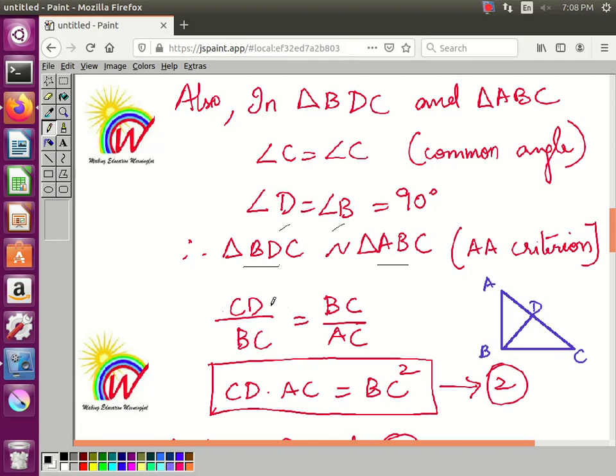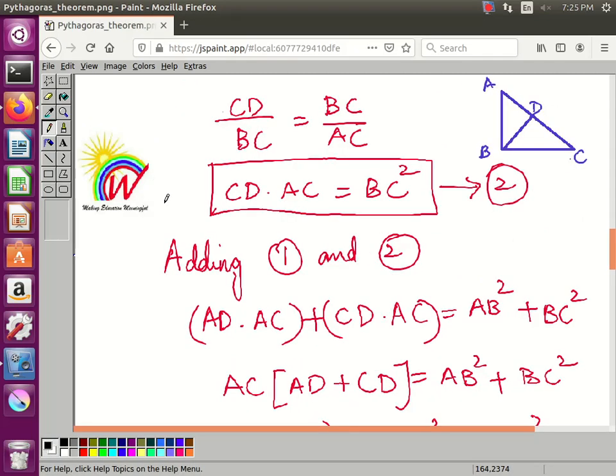So now again we'll write the proportionality. So CD, let me write the second and the third alphabet now. CD or DC, it means the same. So I've written CD by, so if I've taken the second and the third alphabet of the first triangle, I'll have to take the second and the third alphabet of the second triangle. So CD by BC is equal to BC by AC. BC is first and the third, and here also first and the third. Now I'll cross multiply. So I get CD times AC is equal to BC square. So this I'll keep as the second statement.